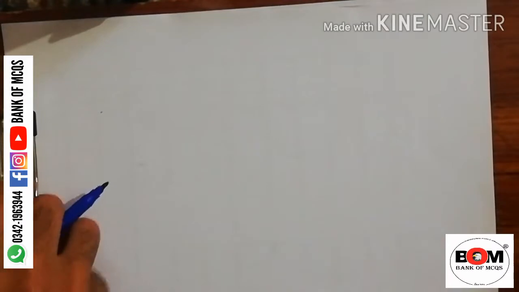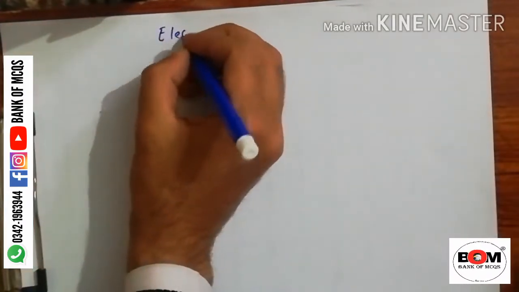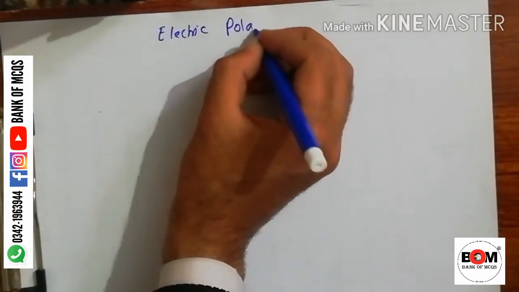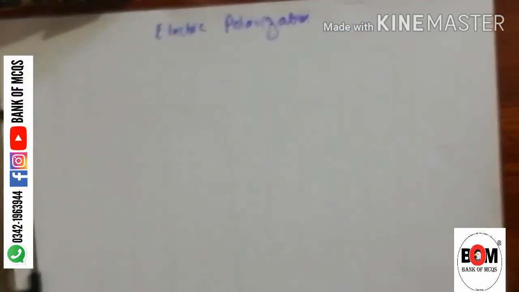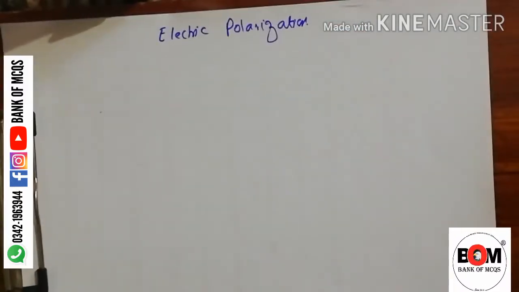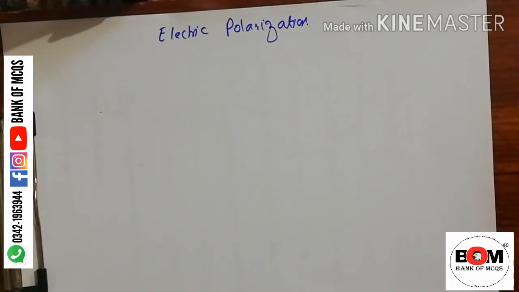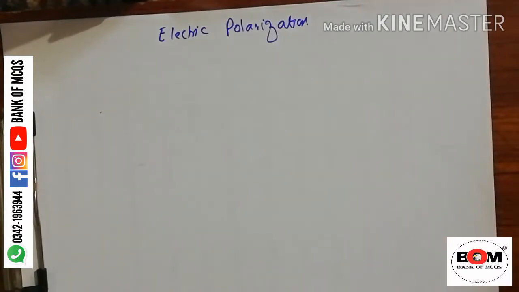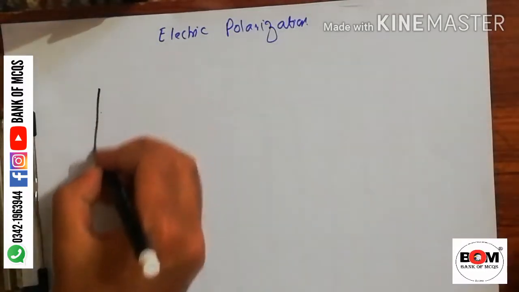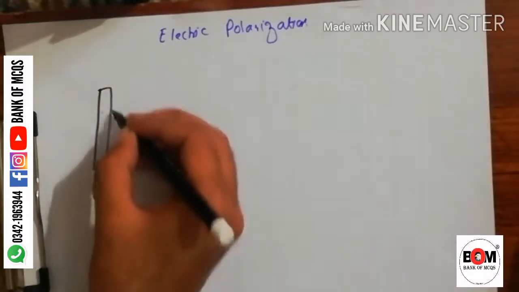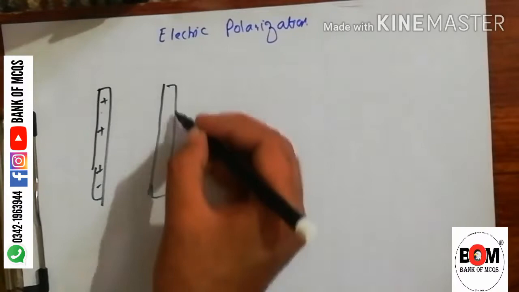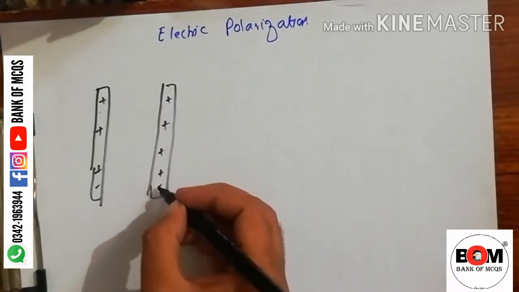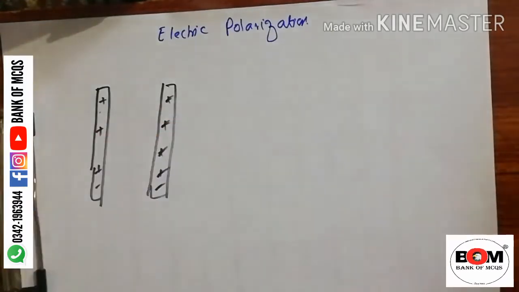The next is electric polarization. In an insulating material with relative permittivity, or dielectric, ER is inserted into initially charged parallel plates of a capacitor. For example, if we have parallel plate capacitors that are charged, charged means positive and negative charge. If we have two plates, one is positive and the other will be negative. So if we put a dielectric, either polar or non-polar.